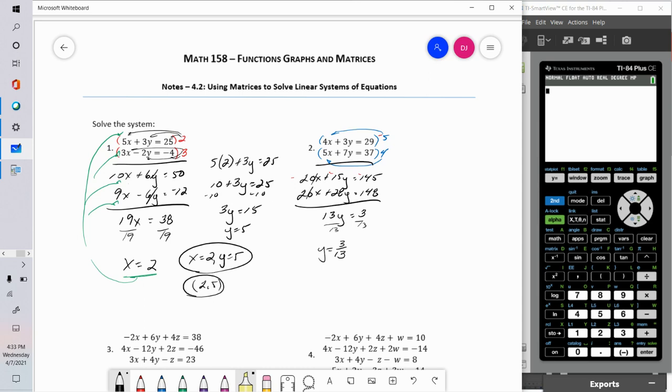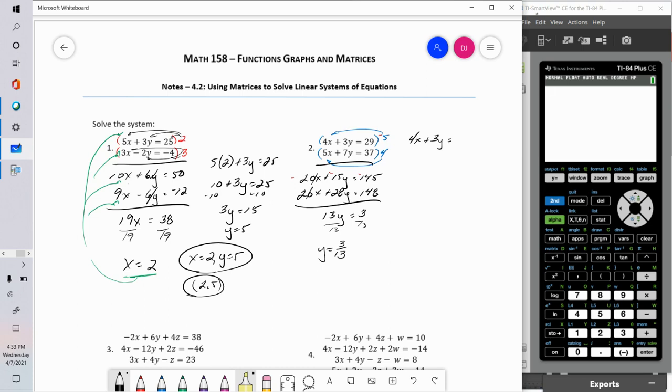I can choose, I would not do this, but I could choose to take this value for y, the 3/13, and substitute that back into one of the original equations. But if you think about it, there was really no magical reason why I chose to eliminate the x's as opposed to the y's, other than I had smaller numbers if I multiply by 4 and 5 as opposed to multiplying by 7. But what I could do, rather than taking the 3/13 and plug it back in,